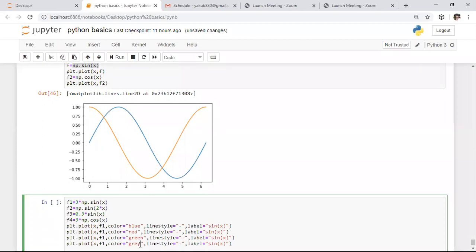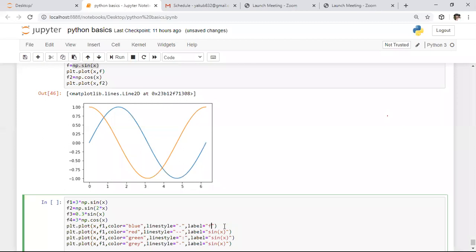I want to use different line styles also for each and everything. For the first thing I want to represent with the solid line, and the second thing with the dashed line, and for the next I want to represent something with another style, that is, I specified colon here. After this I want to keep labels, so here simply I will specify.